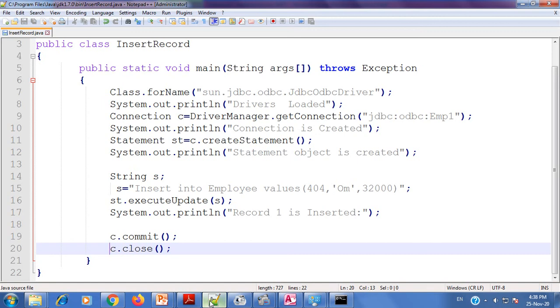In the next session, we will be discussing how to perform the operations using the PreparedStatement interface. Here we are using the Statement interface object. In the next part, we will be discussing how to create programs with respect to the PreparedStatement interface. I hope you all understand how to create the database, how to create the data source name, and how the program is implemented for doing a number of operations. This is nothing but interacting a Java program with a database. In the next session, definitely the PreparedStatement based programs will be displayed and explained.